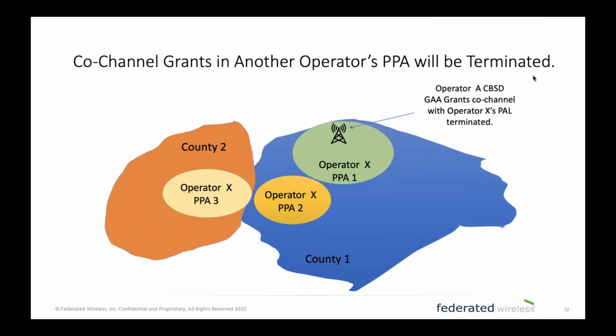So with that in mind, I wanted to show a few different use cases for how PAL and GAA activities will work out in the field. What I've got here is a diagram with two different counties, and we've got one operator, operator X, which has a cluster of radios in this area, but there's another operator, operator A, and it's put its device